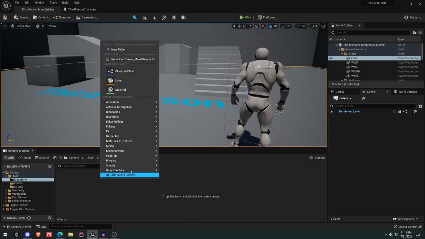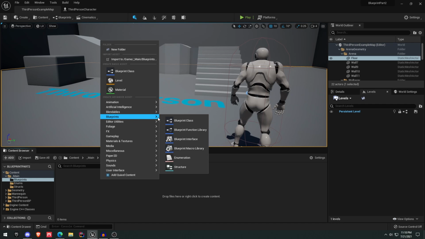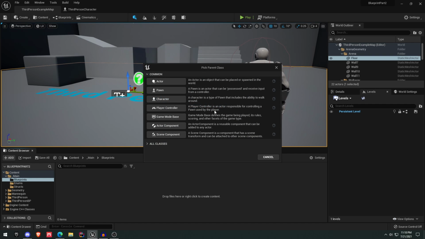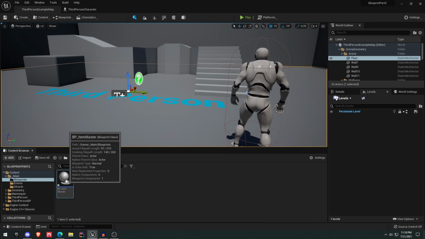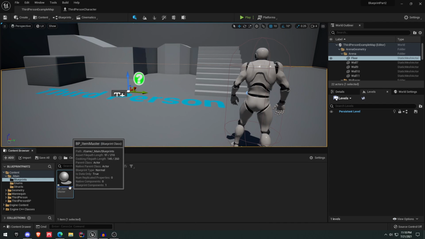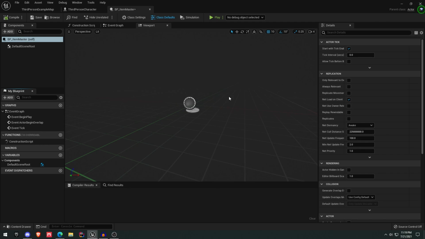We're going to right click and add a new blueprint class. This is going to be of the type actor because we want to create an actor, such as an item that can be spawned into the world. So we'll create a new actor and name it BP_ItemMaster. BP because it's going to be a blueprint, and ItemMaster because it's going to be the master class. If we double click on it,